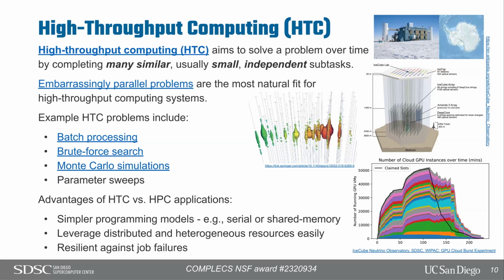They did a pretty big experiment a few years ago using a bunch of cloud GPUs to run Monte Carlo simulations on how the particles interact with the ice and generate light that then hits their detectors, right? And by running many, many simulations over and over again, they're able to improve the actual model of the ice around their detector, right? Which improves the sensitivity of the measurements to the sort of astrophysical particles that they want